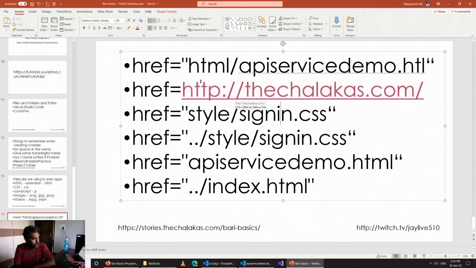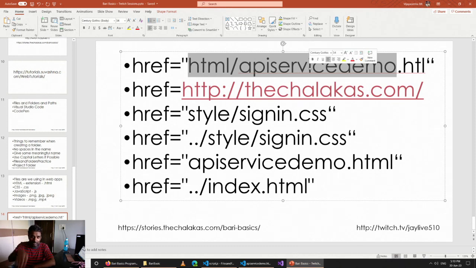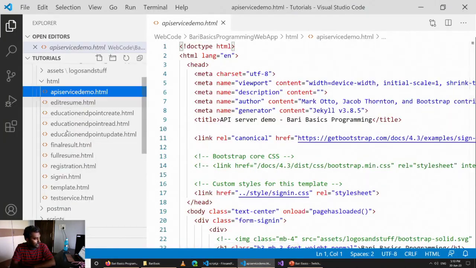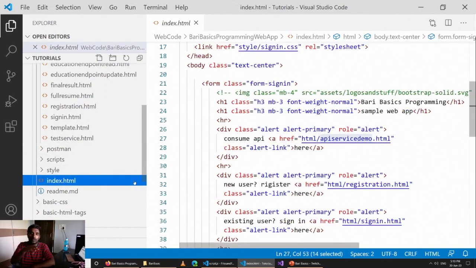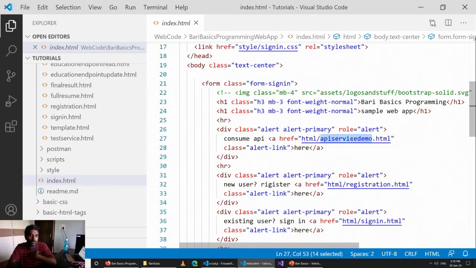Now, so this is about digging in. Okay, so right now in this folder, see, index.html is in the root folder. So when the website is in the root folder, you are digging in to the file you want. So from the root folder, I want to go to API service demo.html. First I dig into HTML, and then I pick up API service demo.html. But